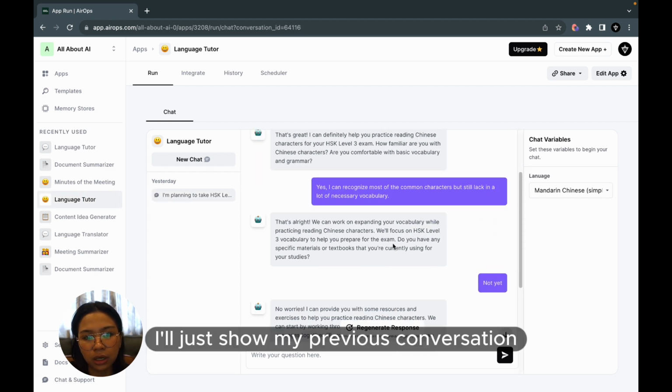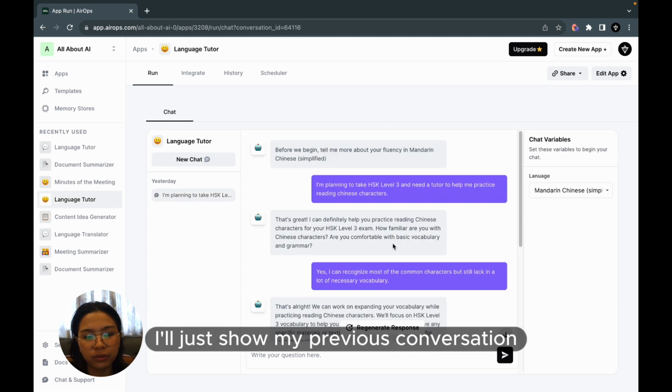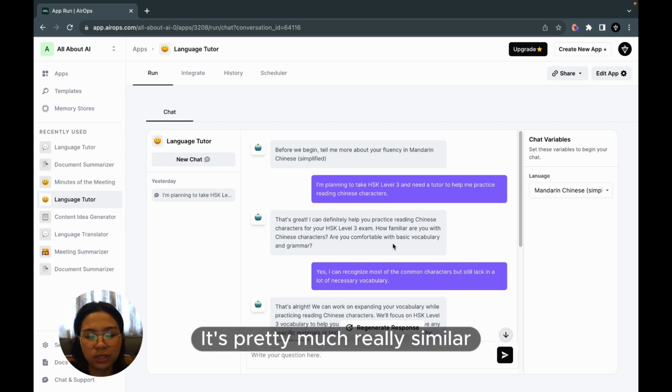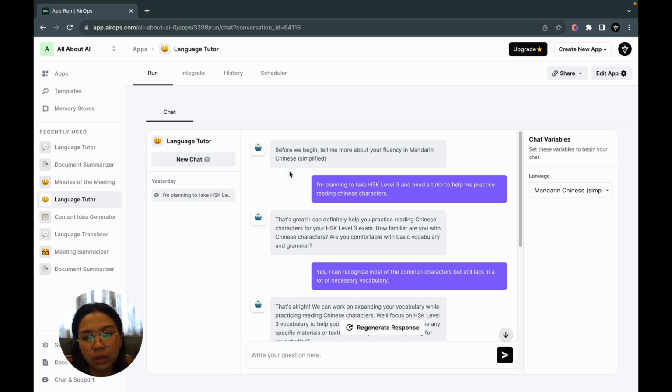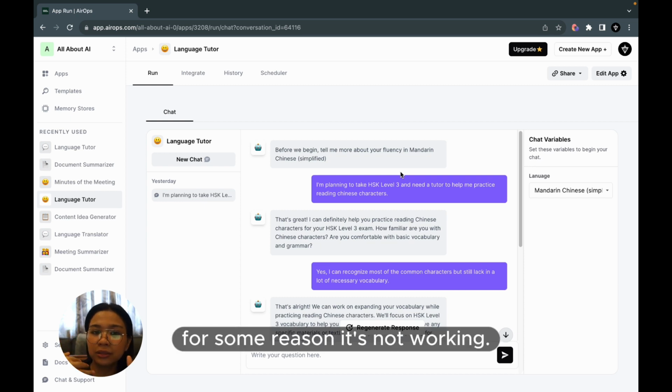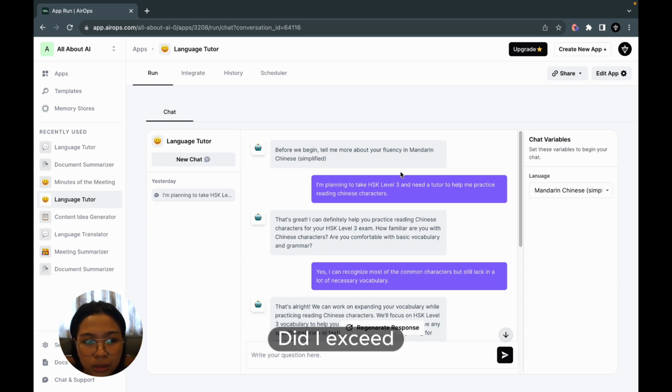Basically, I'll just show my previous conversation with the previous one that I made. It's pretty much really similar. It's exactly the same workflow. Actually, it's only the name that differs. So for some reason it's not working. Oh my gosh, did I exceed the number of uses I can do? But anyways,